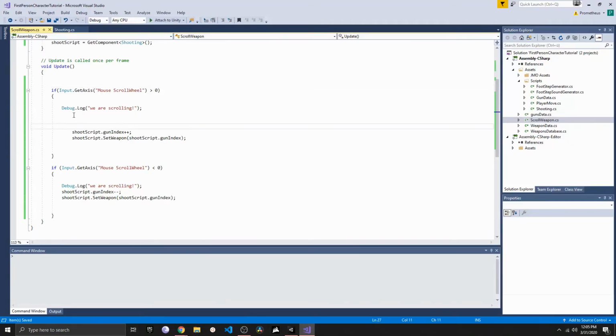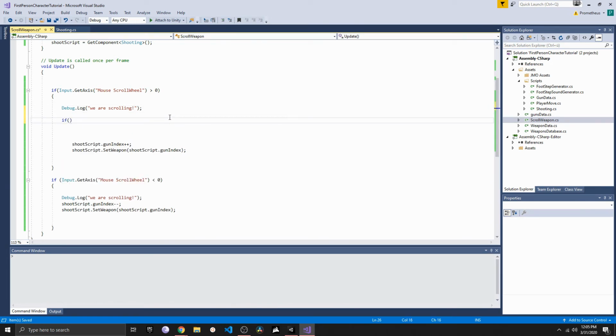Alright, so I had to pause the video here to find out how to fix the issue. The main idea, the first main idea, was actually not wrong, but my statement was not right. So we have to use equals to. Okay, so shoot script gun index. If that is equal to the shoot script